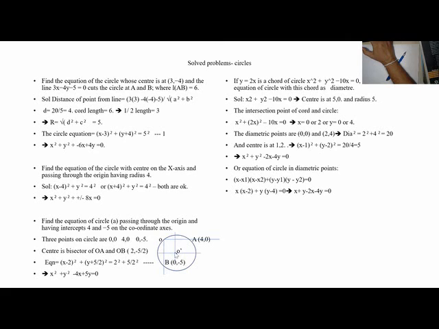But a simple way is, let's say this is O dash, O dash A is equal to O dash O. That means O dash lies on the perpendicular bisector of these 2 points. That means this point is 2. If you see here, O dash O and O dash B are the same, so this point is minus 5 by 2, which is minus 2.5. So the center is found from observation itself, since whenever it is on the axis, this is 90 degrees. So the center is 2, minus 5 by 2.